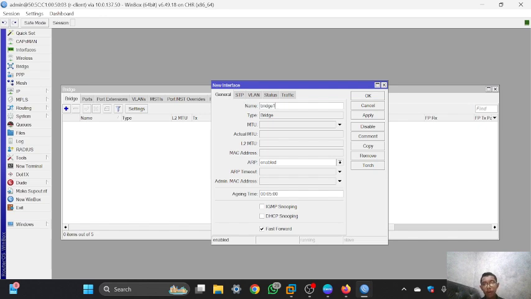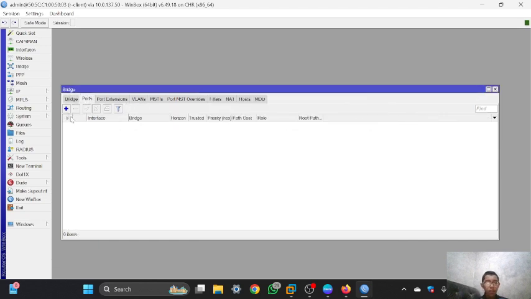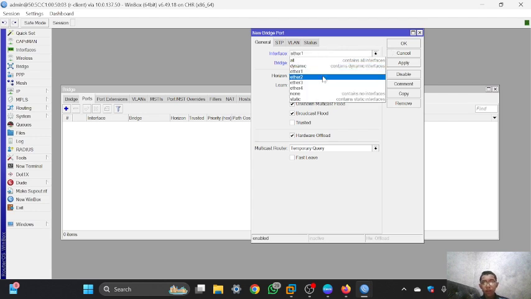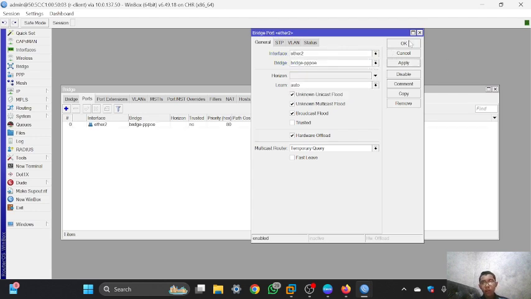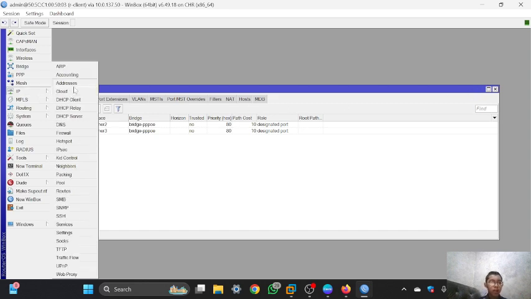For the name I will use bridge PPPoE, then you can click apply. Okay, for the ports I will use Ethernet 2 for the VPC1, and then Ethernet 3 for VPC2, and okay.